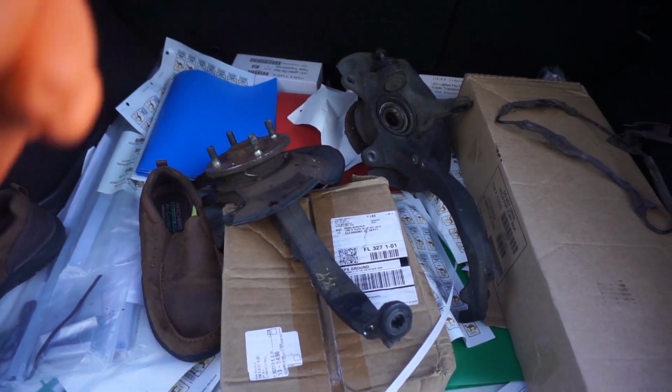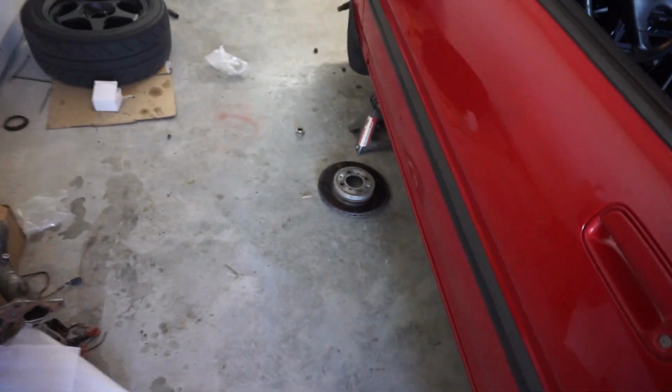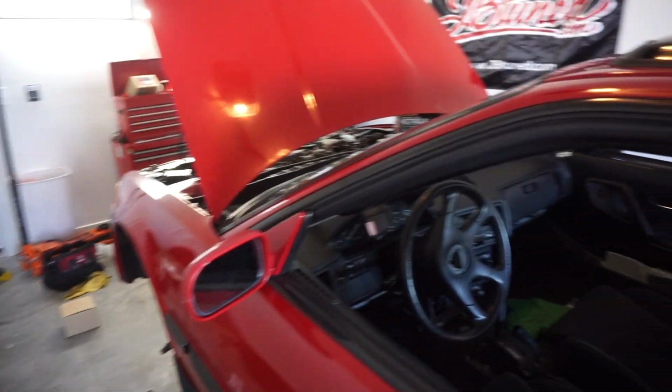So picked up the spindles from the junkyard along with a rear wheel ABS sensor. According to the previous owner, the rear wheel ABS sensor was cut, so that's why the ABS light is on. I want to find out if the ABS works or not. So what we're going to do,